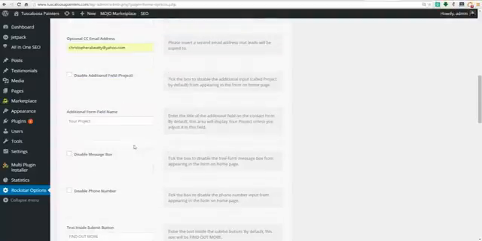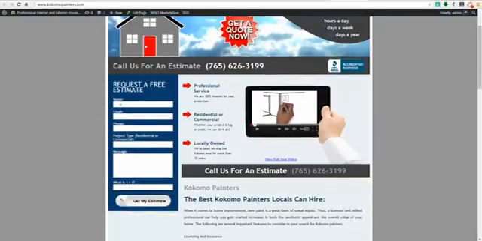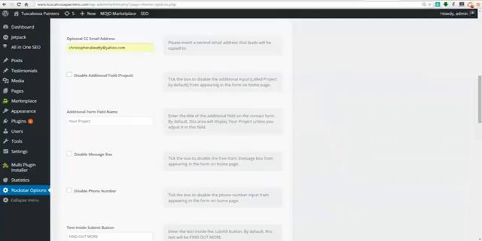Okay. Disable additional field. So it depends on your niche. Out of the box, if you look over here, it's got name, email, phone, and a message. This project type, residential or commercial, that's the additional field. If you need something specific, for example, if you have a roofing website and they want to inquire about a residential or a commercial roofing project, under this section you want to leave the additional field